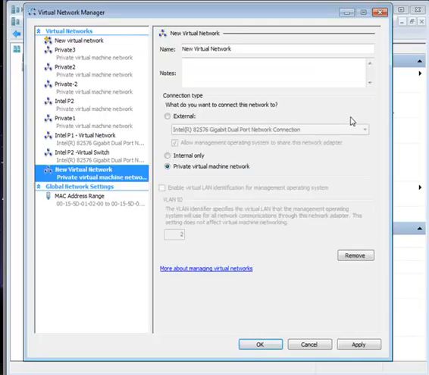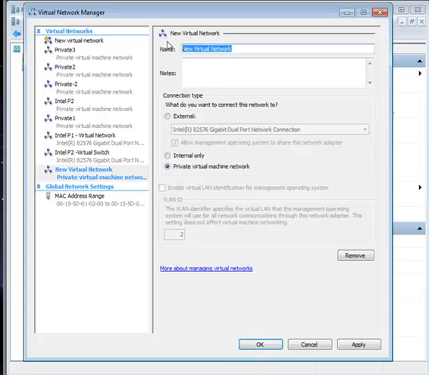Now let's say we wanted to create a new private network. All we have to do is click the add button here, and let's say that we want to create a new private network for the Fabricam network. So what we could do is, rather than calling them private 1, 2, and 3 like I did, which might make it a little confusing for other people who might want to use this virtual server, I could call this Fabricam. And I could put a note here that says Fabricam private network, just to make it clear that this is a private network and that all the machines are able to communicate with each other on this private network, but not to any external resources and not into the host OS. Then we select here